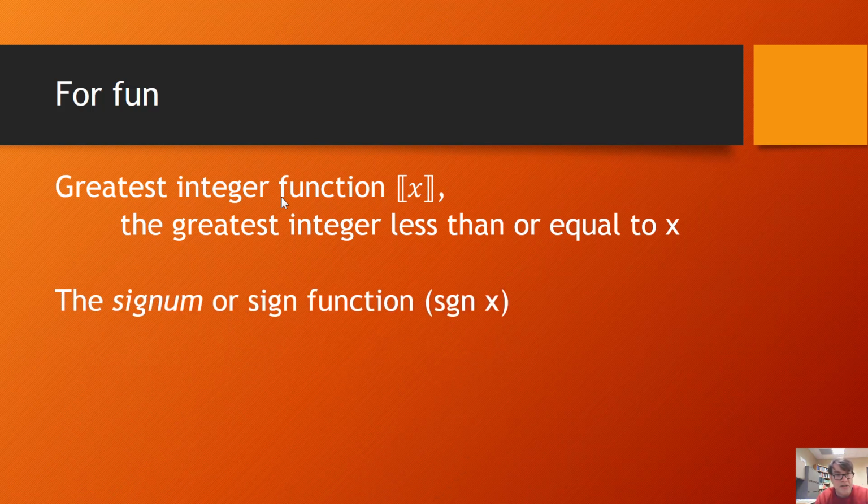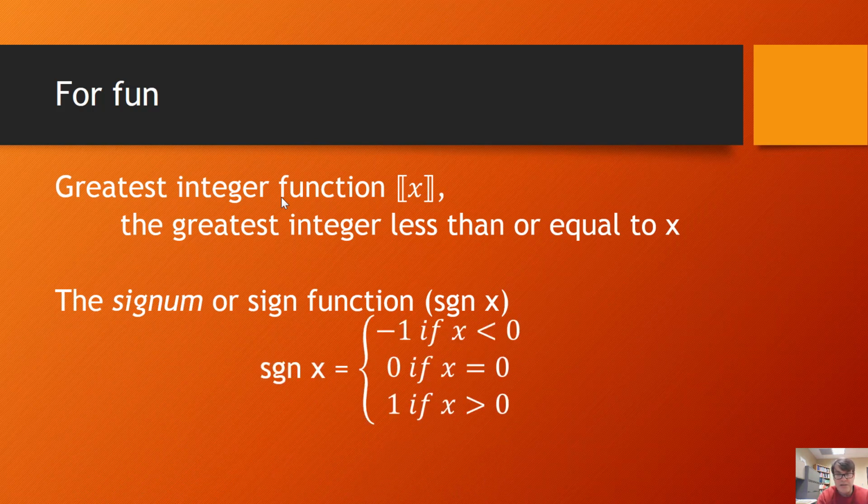Another one they mention is called the signum, or the sign function, SGN x. And this is the sign function. It's a piecewise function. The signum of x is -1 if x is less than 0. It's 0 if x is equal to 0. Or it's 1 if x is greater than 0. Again, just throwing in this slide because it's odds and ends that we learn in this section of James Stewart,